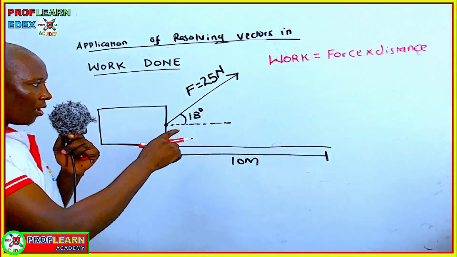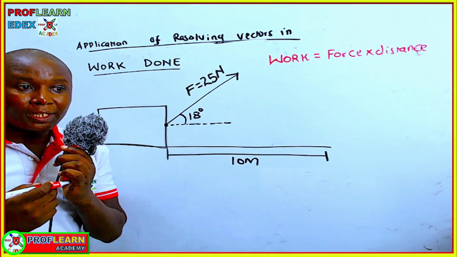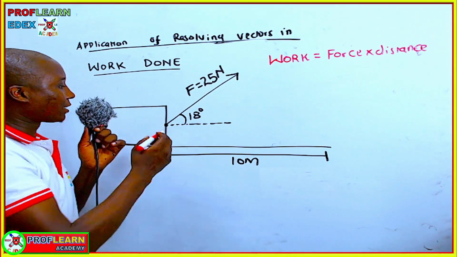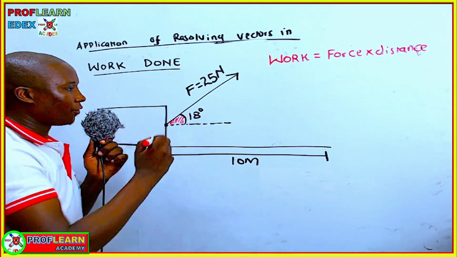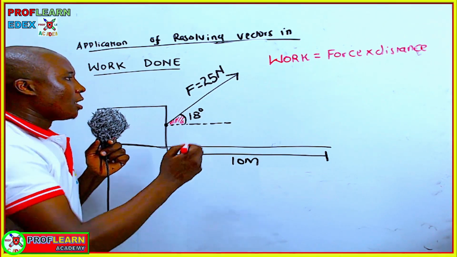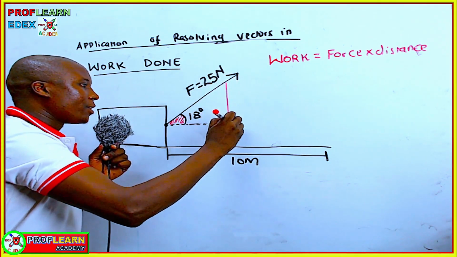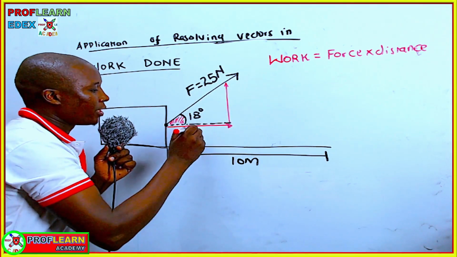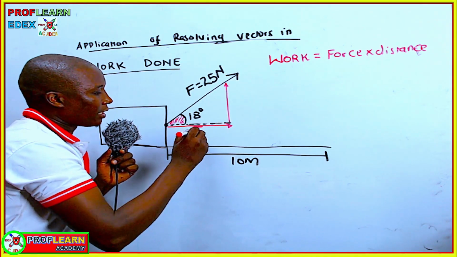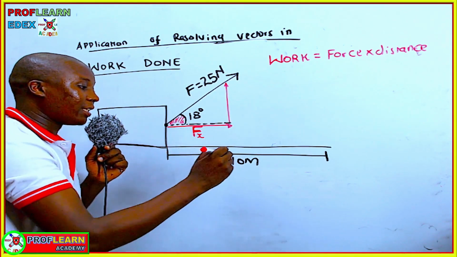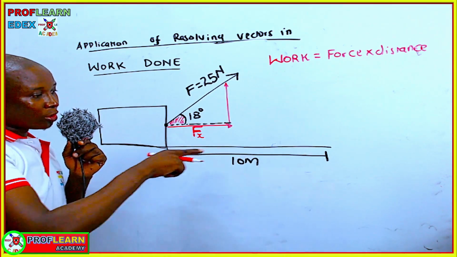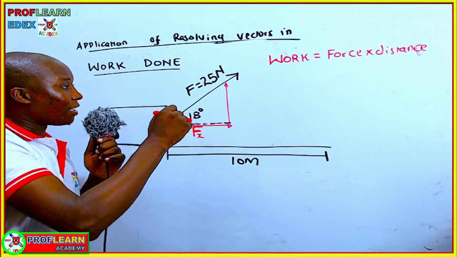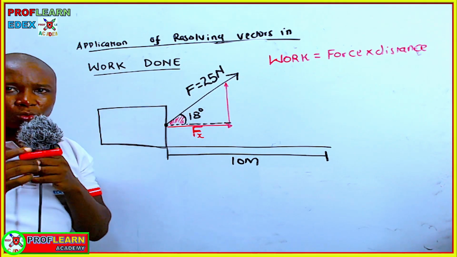But our force is not acting in the direction of motion. The force is actually acting at an angle here. So which means we are going to resolve this force into the horizontal and the vertical component. So we need to know what is F in the X direction, because the horizontal distance is 10 meters. So we have to resolve this so that we know what is the horizontal component of the force that was acting at